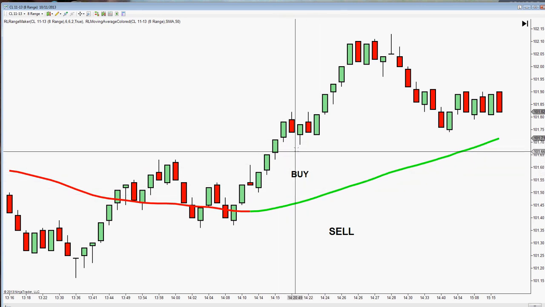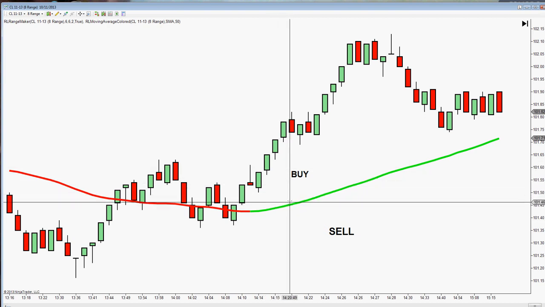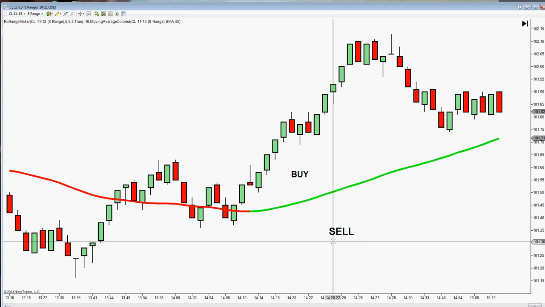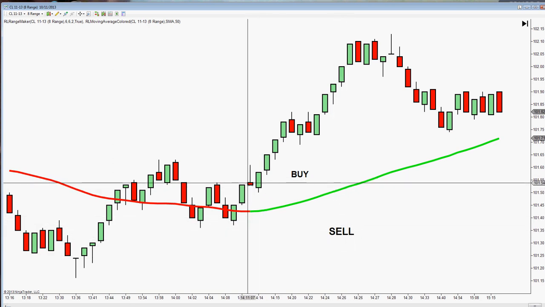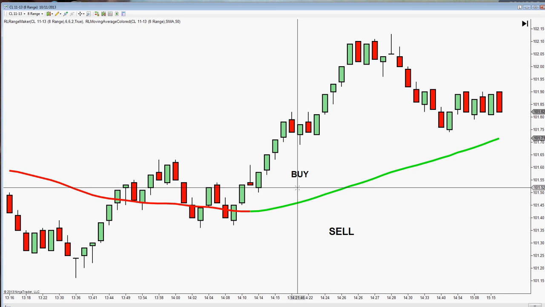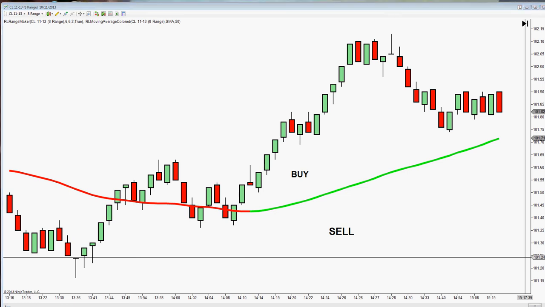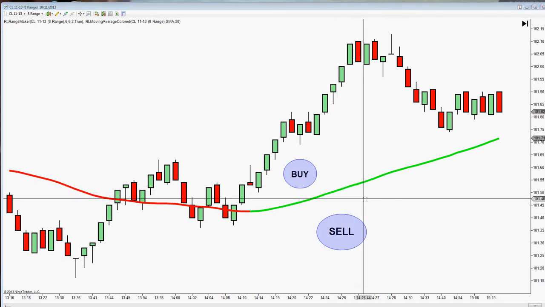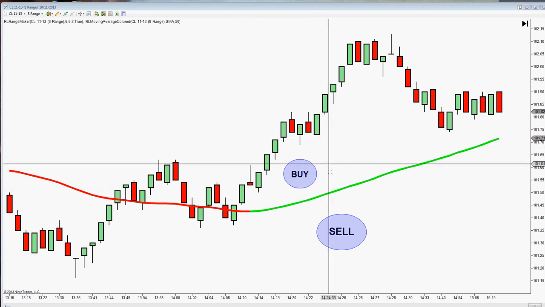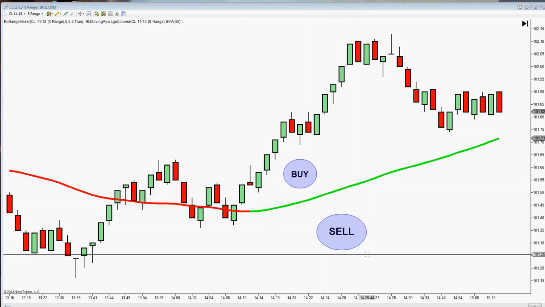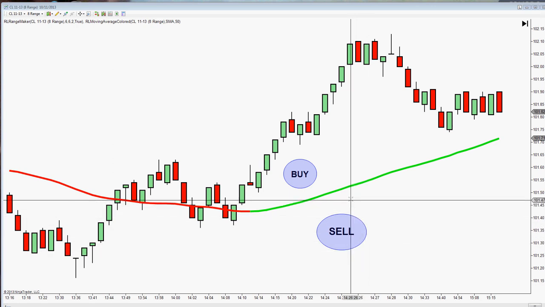We're going to look to take a trade to the upside when we're above the 50. We're going to look to take a trade short, or to the downside, when we are below it. That's really critical, and this will help to make sure that the trades that you take are successful. So now we've defined our two buy-sell areas. We buy above the 50 SMA, and we sell short below the 50 SMA. And now I'm going to add in the next